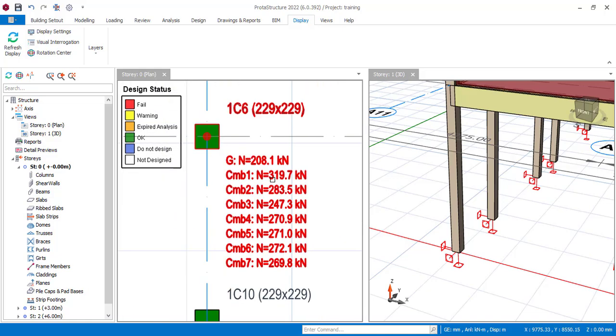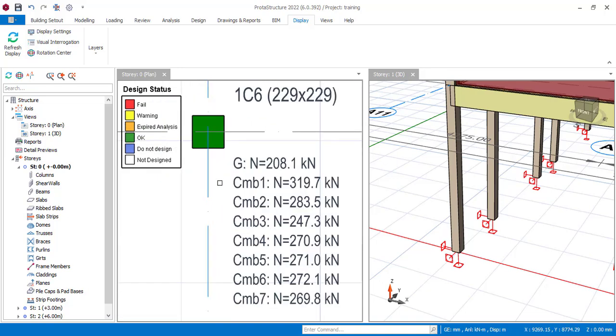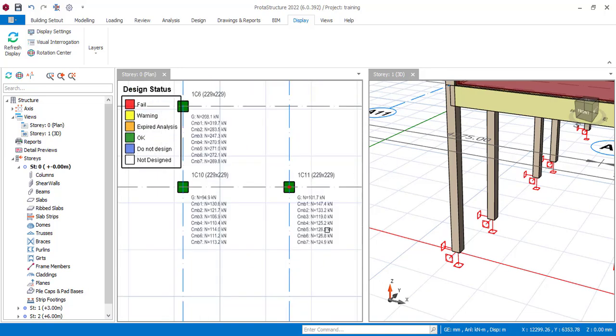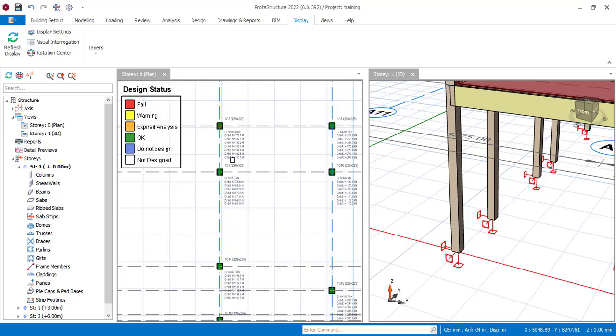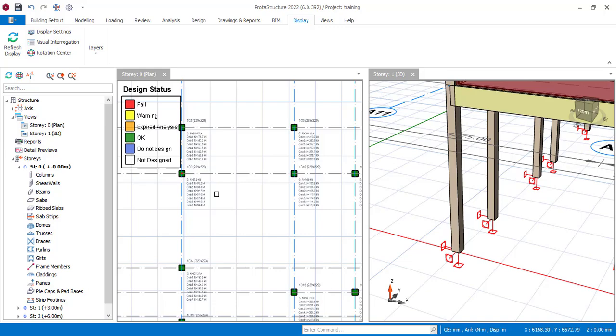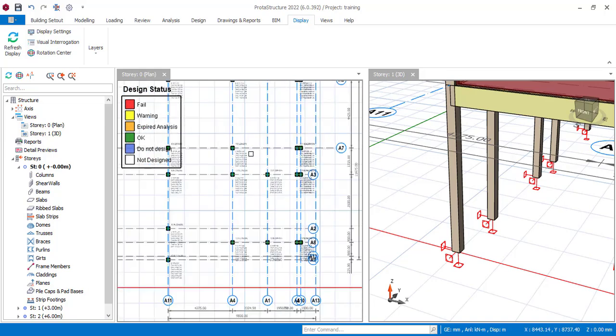Exactly, you can see this is 319.7. So this is most likely going to be the most critical, if I'm not mistaken. I don't think there will be any other column that will be carrying so much load as this one. So